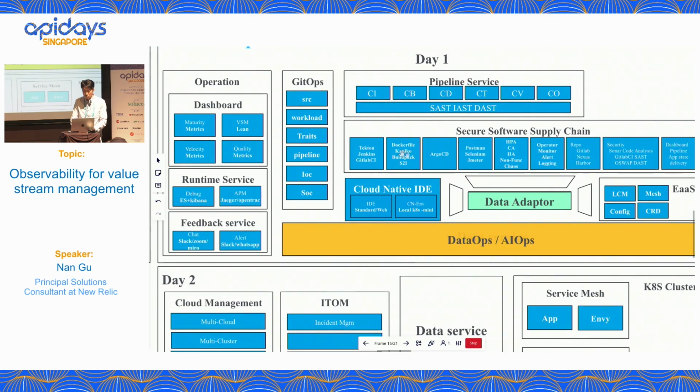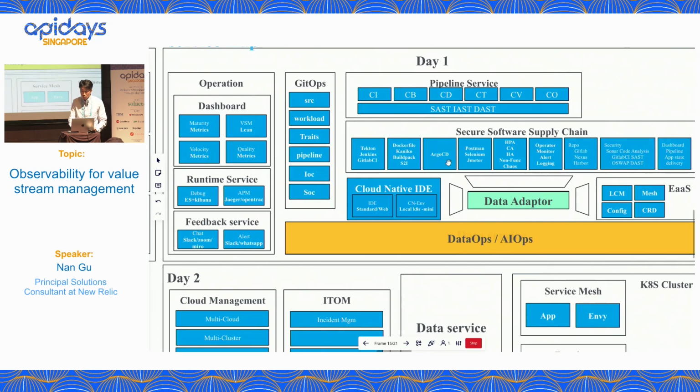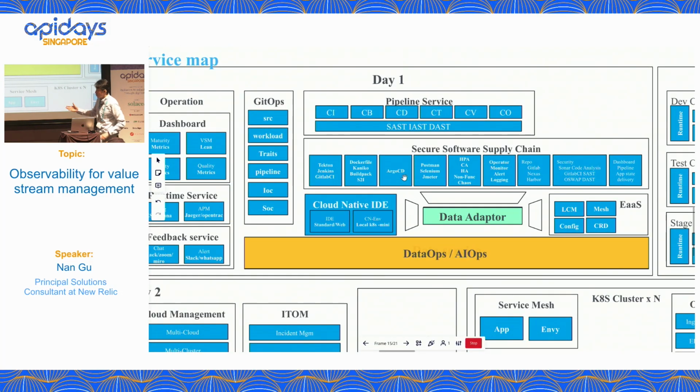Let me show you the one for the software supply chain. People say, "Oh, I know the DevOps talk," but here you see the small portion of the whole service map. When you're using Jenkins, maybe a Dockerfile, using ArgoCD for the deployment, this is only part of your daily life. This is only part of your SREs. And for this part, you do need domain expertise, like SRE domain expertise, to help you choose which tools you need in your organization or in your teams.